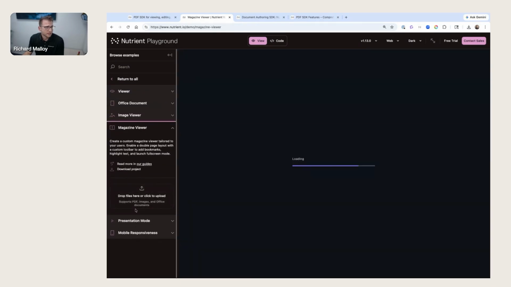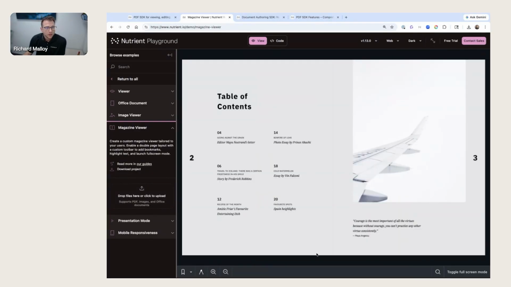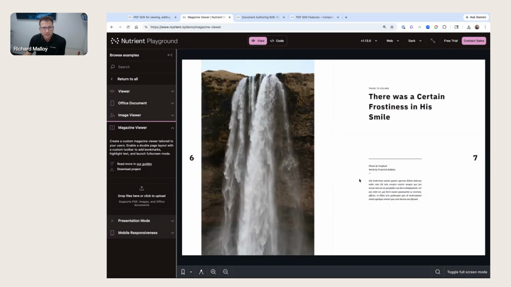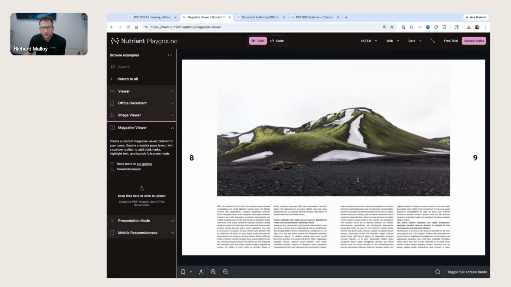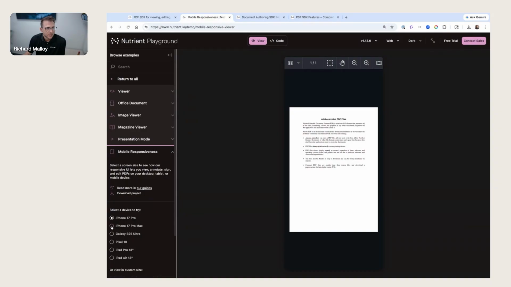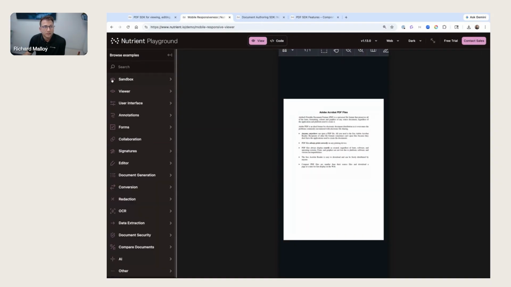A couple other things: the user interface can definitely be customizable. So you can see how we're moving the toolbar to the bottom. We can toggle full screen mode, and you can also see we've changed the document to be more of a magazine viewer, so you can see the document in a way that you would expect if you have a magazine. Also, with the improvement in web technology, we're seeing more and more customers launch web applications across mobile devices. So we allow you to understand what this is going to look like on an iPad running the web app versus our native